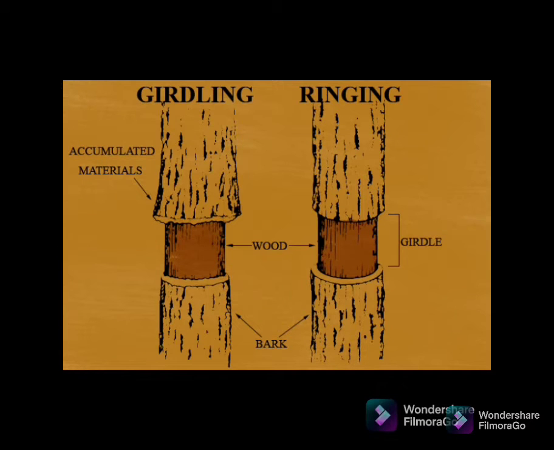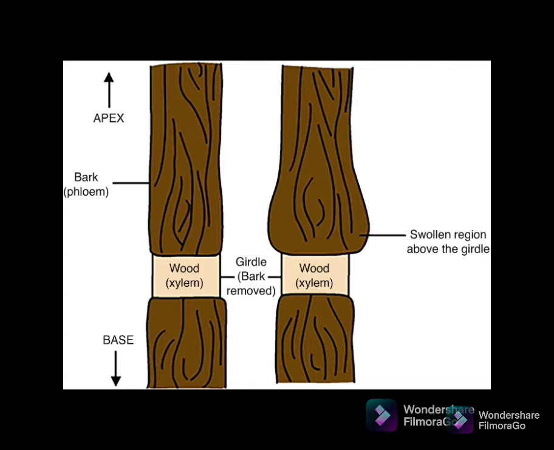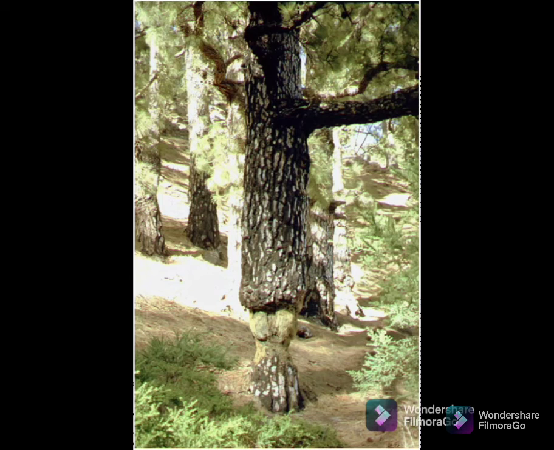There is an experiment to prove the transportation of food material. It's called the girdling experiment. To perform this activity, you have to select a small tree and gently remove the soft part, or bark, of the stem in a small area of about 1 centimeter with the help of a razor blade. Leave it after girdling for a week. We observe that when the stem is girdled, the downward and upward movement of the food material gets blocked. So the trunk portion shows swelling in the area due to the accumulation of the food material.